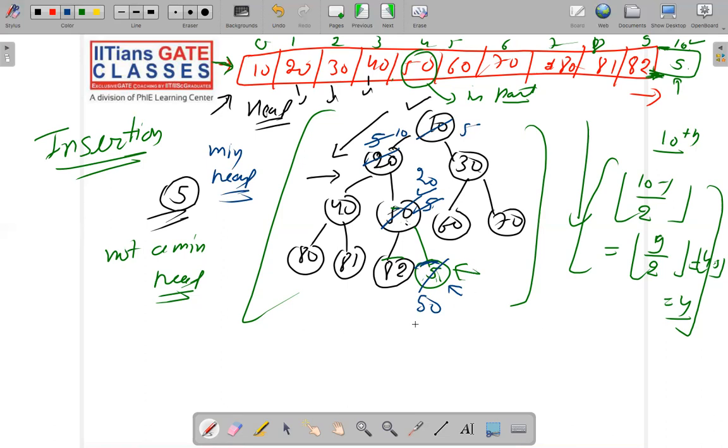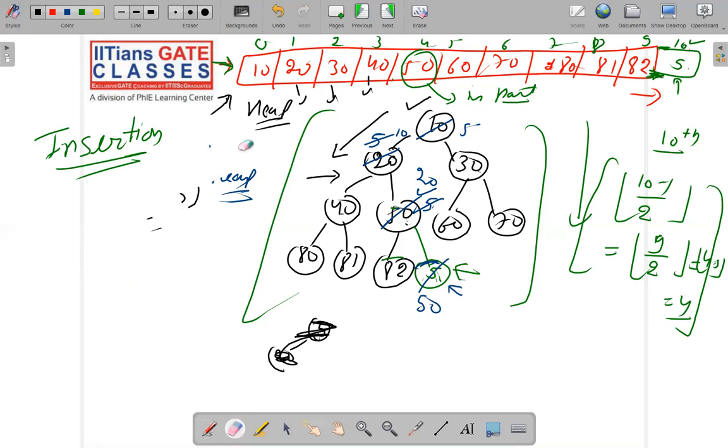So right now, the current tree will look something like this. After insertion and doing all the operations, the 5 will reach the position where it's supposed to be. So the tree will look like this: 5, 20, sorry, I will try to set it here. Okay. Yeah. So the resulting tree will look like this: 5, 10, 30,